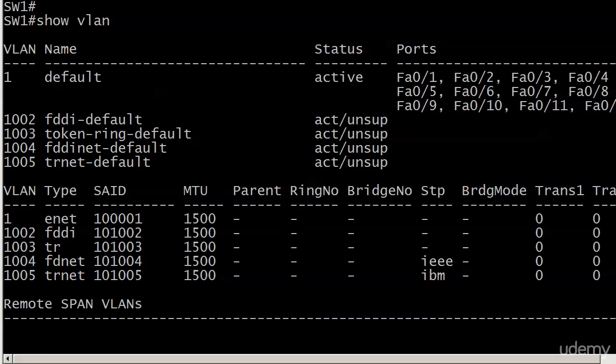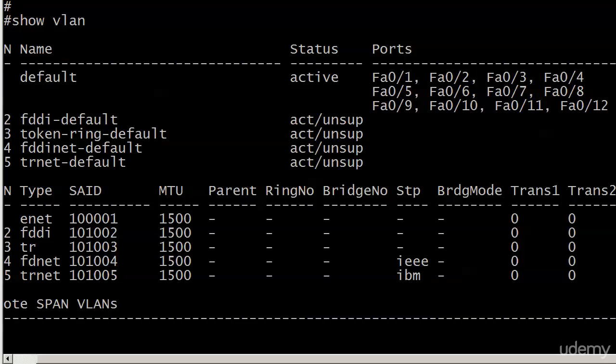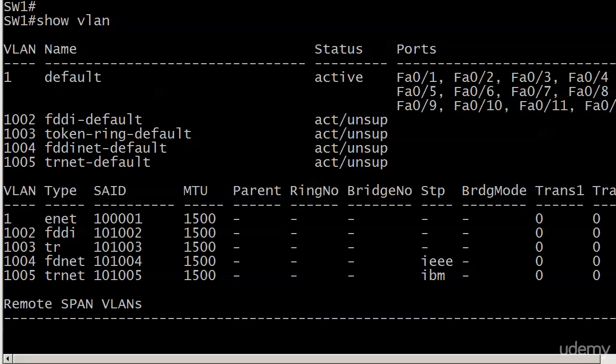What we're on right now is actually a traditional layer 2 switch. It has 12 ports. I brought the font size up as far as I could, so one of the ports is hiding over there, but it is Fast 12. And you can see here again that all of our ports are in VLAN 1 by default. Now, you've got 4 other VLANs here that I would note, 1002 through 1005. These are also default VLANs. We have 5 default VLANs on our switch.